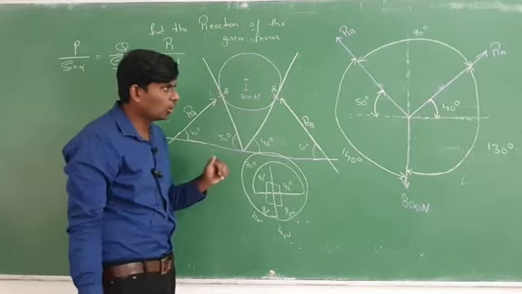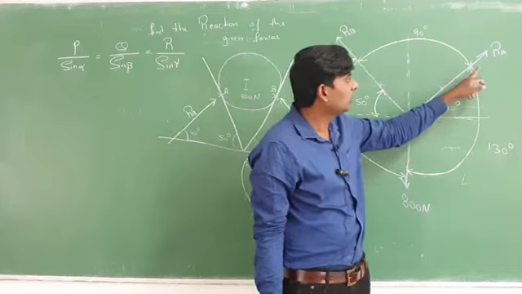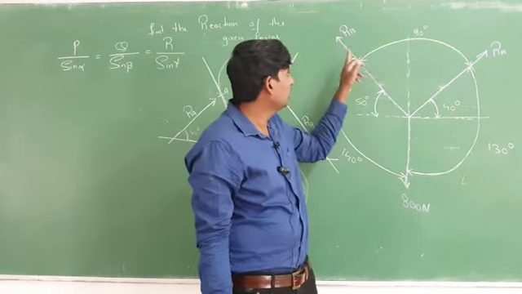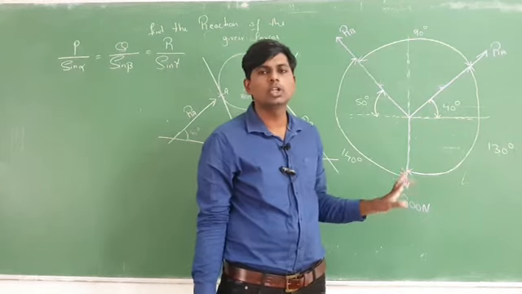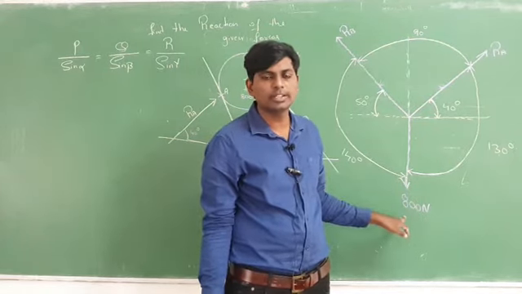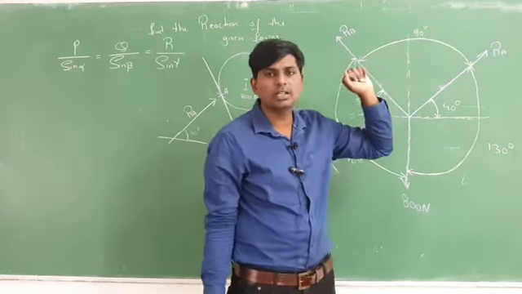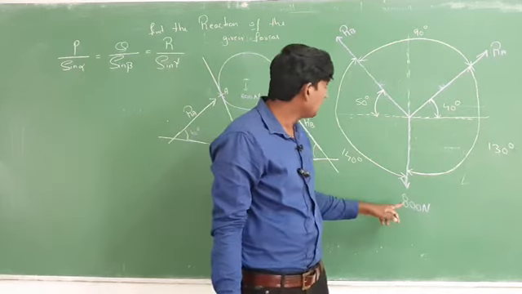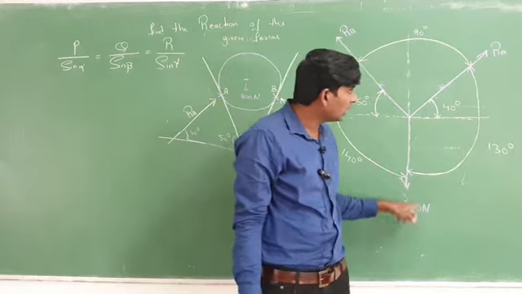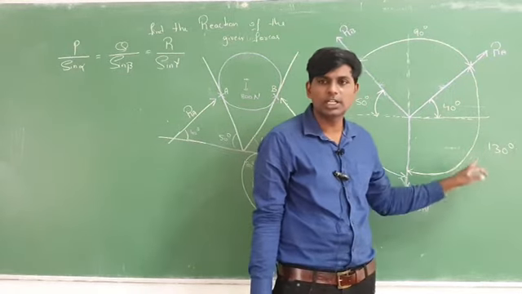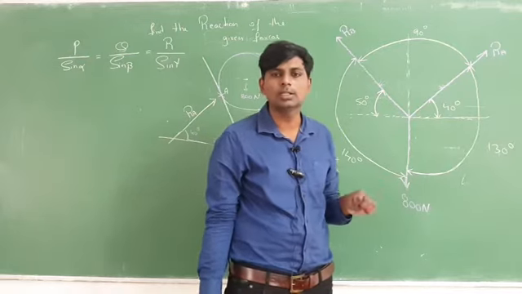Here we have to consider how many forces are there. As you can see in the figure, three forces are there. First one is RA, second one is RB, and third one is the load. How much is the load given? 800 Newton. Between RA and RB how much angle is there? 90 degree. Between 800 and RB, 140 degree. And between 800 and RA, 130 degree. So between these forces you know the angles very well, so you can apply Lamè's theorem.